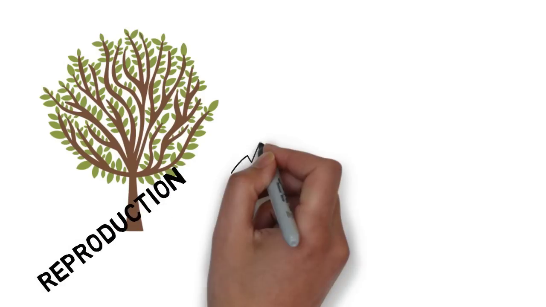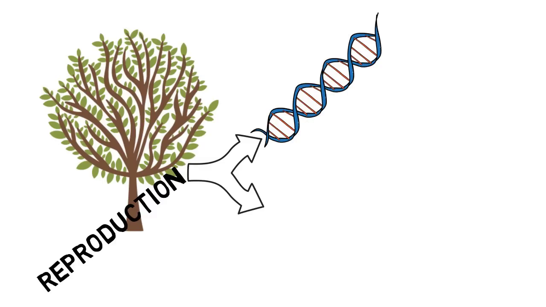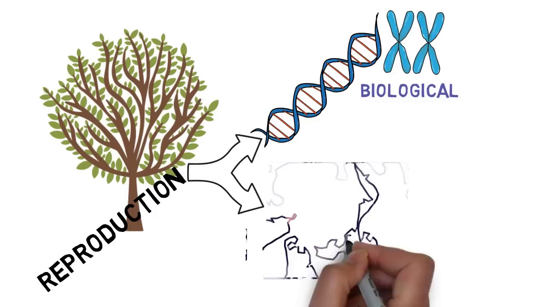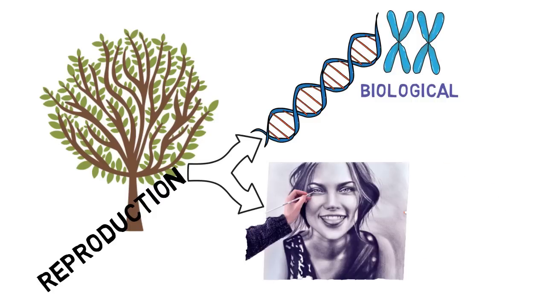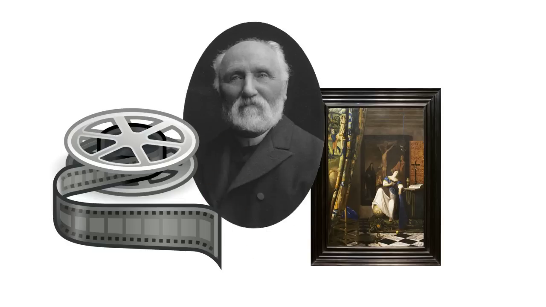We use the word reproduction in two principal ways. When we talk about the biological reproduction of the species, and when we talk about making a good reproduction of something in terms of a painting, a photograph, or a recording, or a videotape. And what is all this about reproduction in that direction?